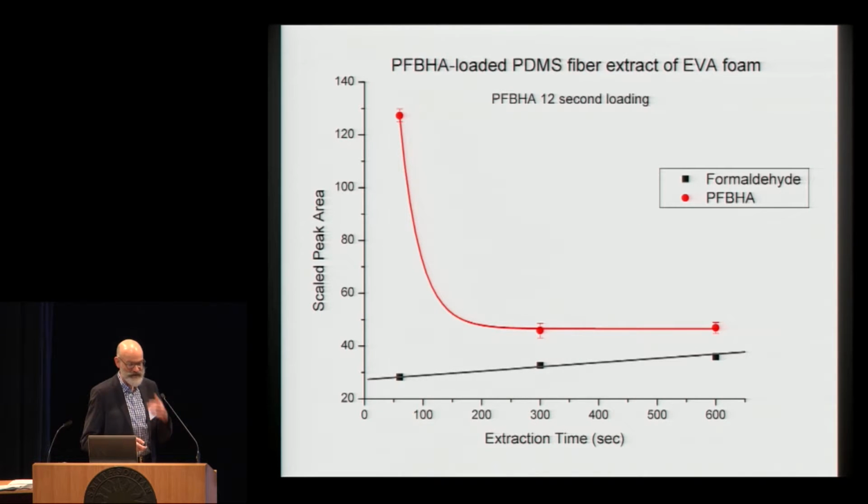And so what that translates to in reality is I selected a 12-second loading time, and in this case, I then have sampled my material for 60 seconds. And you see then when I do the analysis, I have a peak that corresponds to the unreacted reagent, a peak that corresponds to the reacted and created PFBHA formaldehyde, and then I've done it at 5 minutes and also